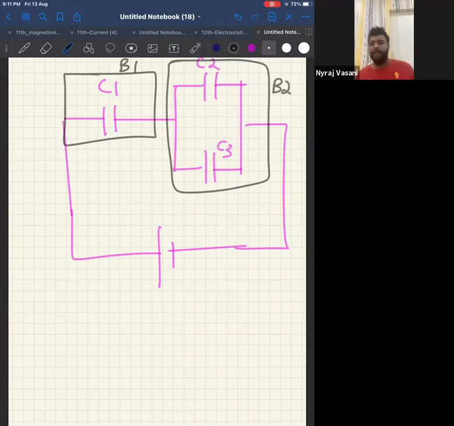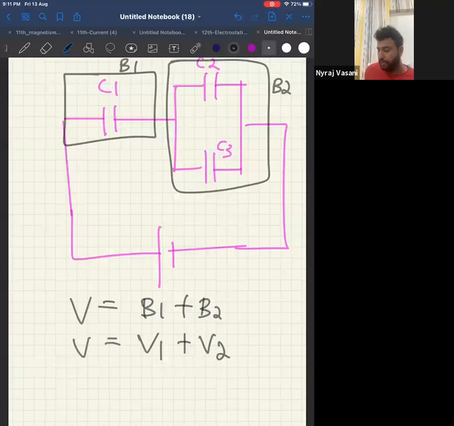Correct? Now tell me, block 1 and block 2 voltage will add up because they are in series. Therefore, can I say the total voltage V will be voltage of block 1 plus voltage of block 2. Now, what is voltage of block 1? Check the diagram. Voltage of block 1 is V1 plus voltage of block 2 is V2. Therefore, V is equal to V1 plus V2. This is the answer for V. Correct? Yes, sir. Now, even if you get this, you will get the right answer as C because that is the only option for V. But still, we'll go for Q also.